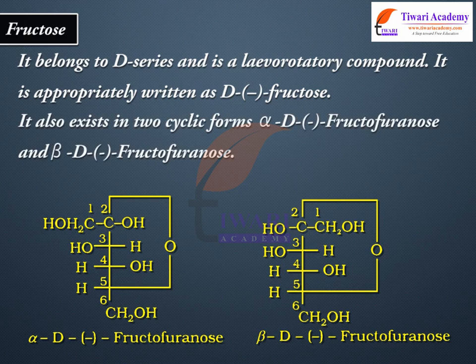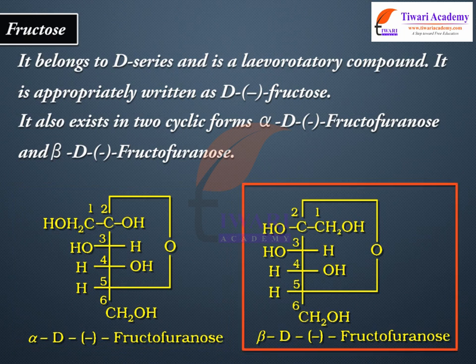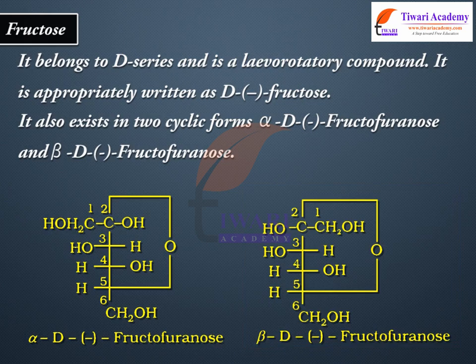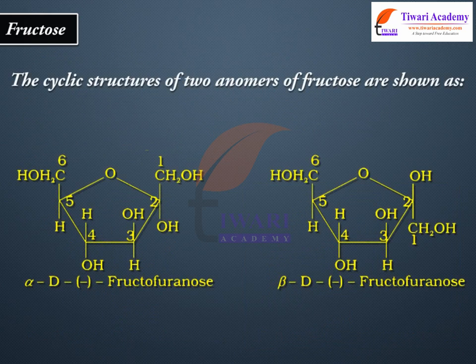It also exists in two cyclic forms, alpha-D-(-)-fructofuranose and beta-D-(-)-fructofuranose. The cyclic structures of the two anomers of fructose are shown as: